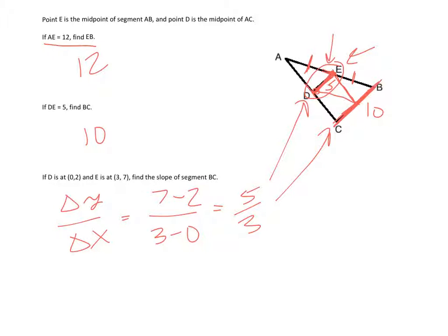So again, this is a midpoint. Let's say this is a midpoint. That means this midsegment will be parallel to this line and be half the distance of this segment. And lastly, this midsegment here, between this midpoint and this midpoint, is parallel to this part of the triangle and is half the distance. And that is the triangle midsegment theorem